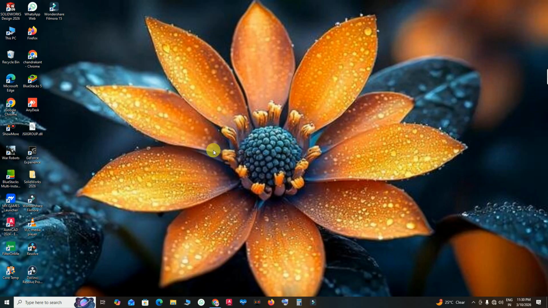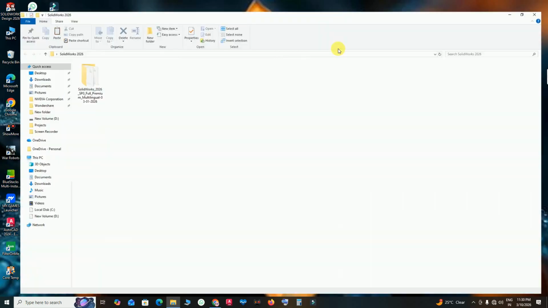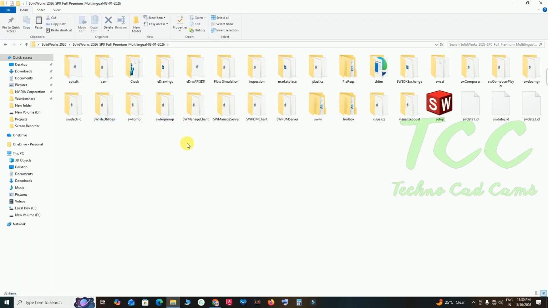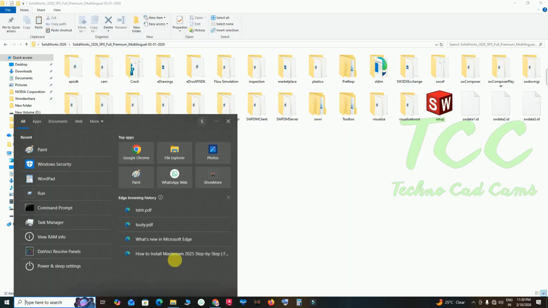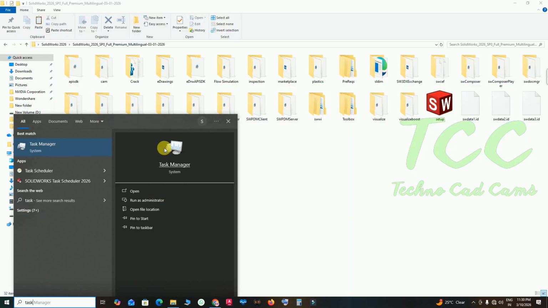And go to your software folder. In Windows search, type task manager.